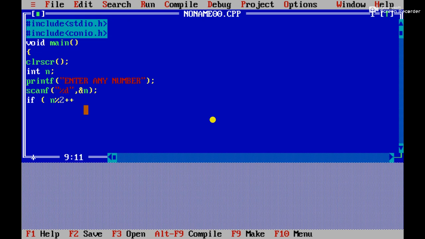Okay, if it comes 0, if we take the remainder of that number with 2 and it comes 0, we can say that this is a printf, this is an even number, right?